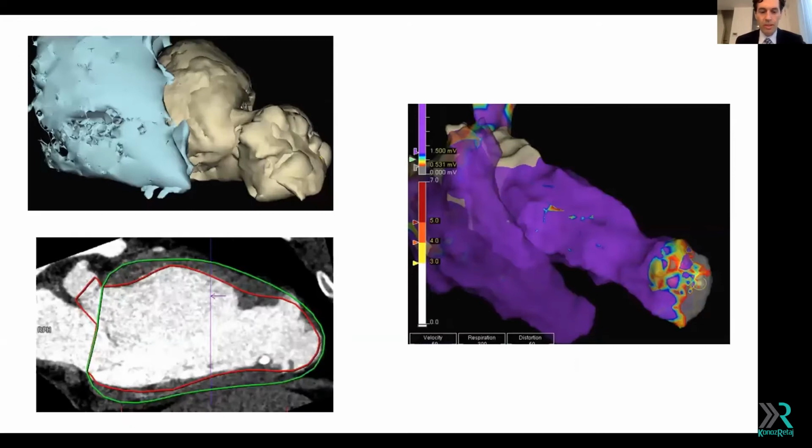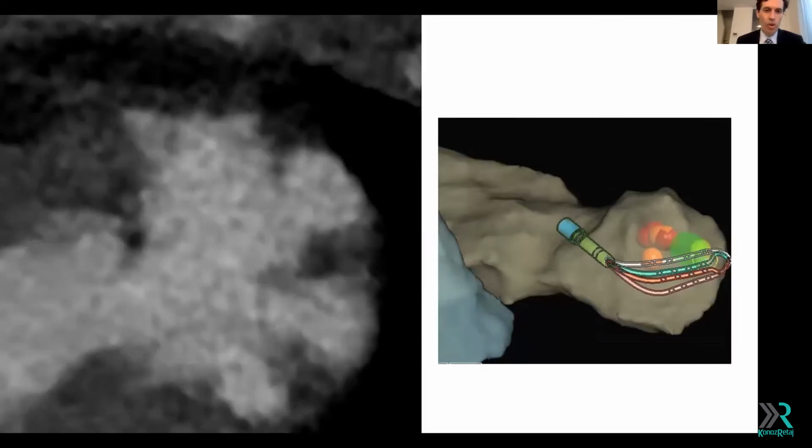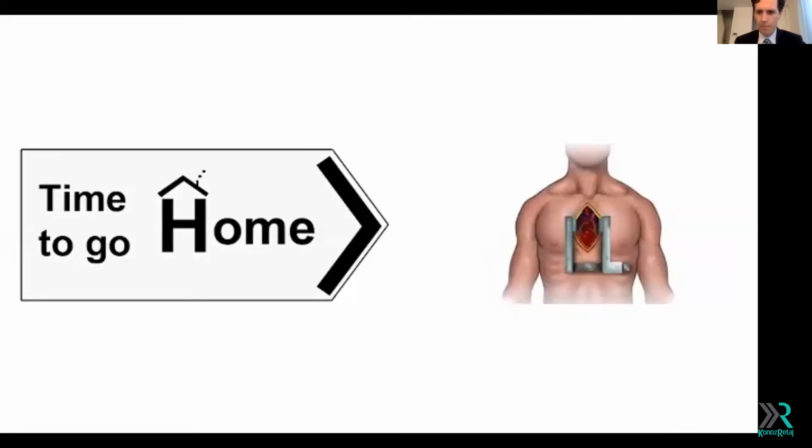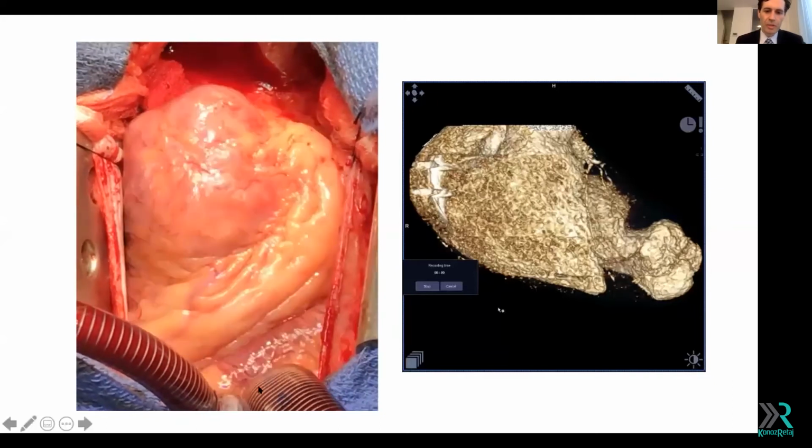So what we did at that point is an important issue, because we realized that the wall at this region is less than 1 millimeter. So we decided that perhaps it was not a good idea to perform an endocardial ablation at this point. We have already defined very well the substrate with the high density grid catheter. And at that point, we decided to go home, to speak with our cardiac surgeons and to do this procedure with them